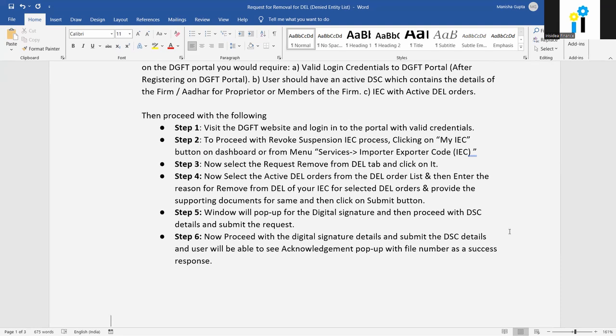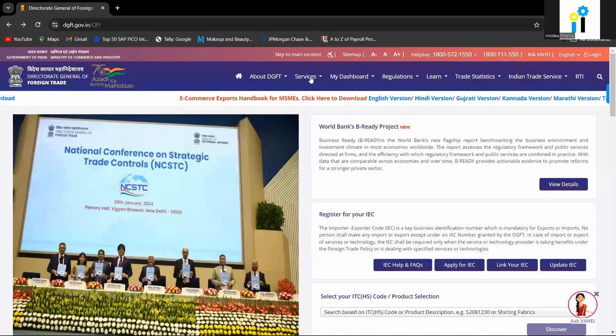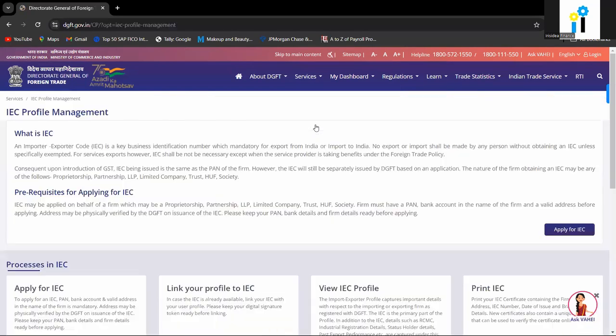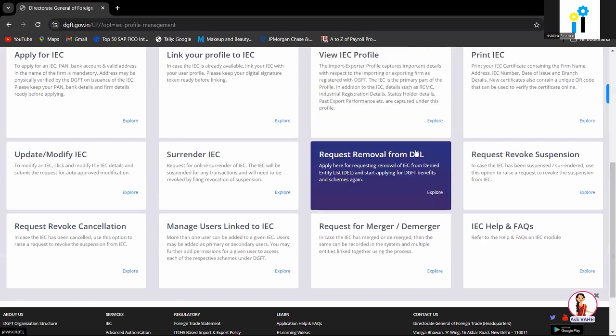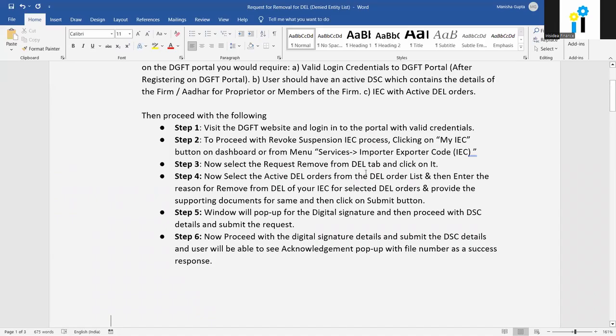So you have to first visit the DGFT portal. Now click on the service button, then click on IEC profile management. Once you click on IEC profile management, search for the request removal for DEL. Click on that and enter your login details. Once you log in,